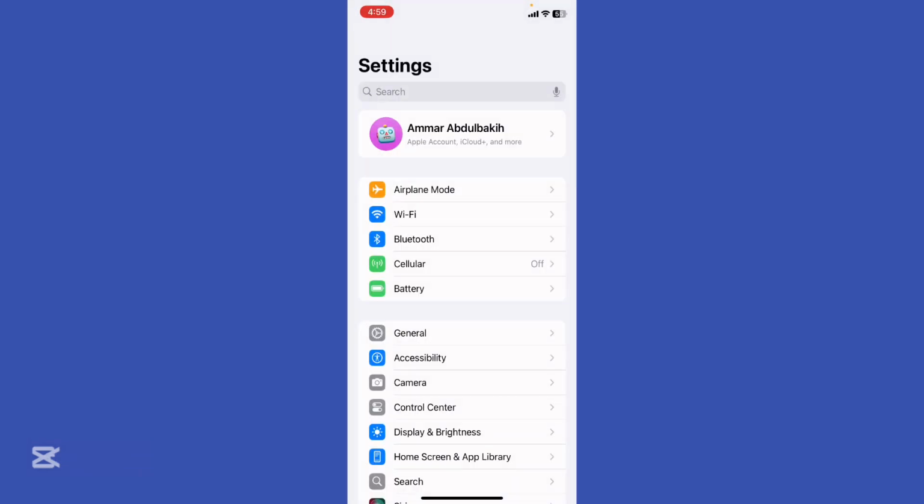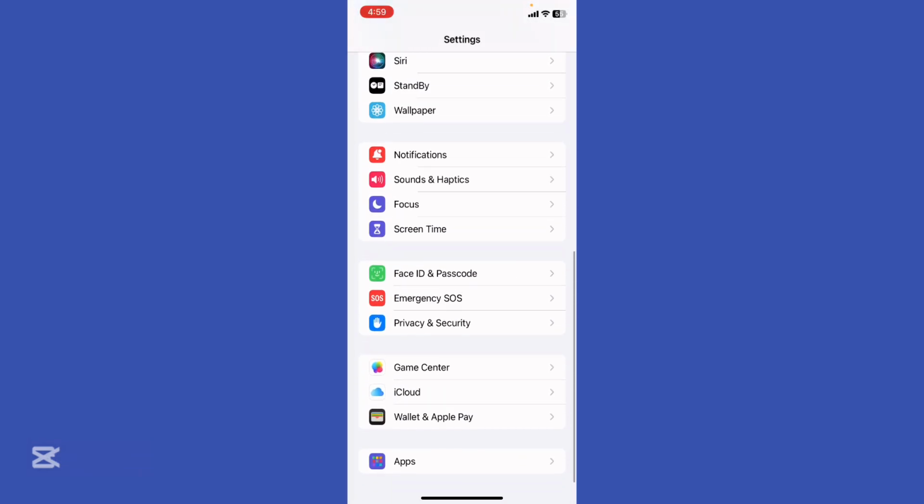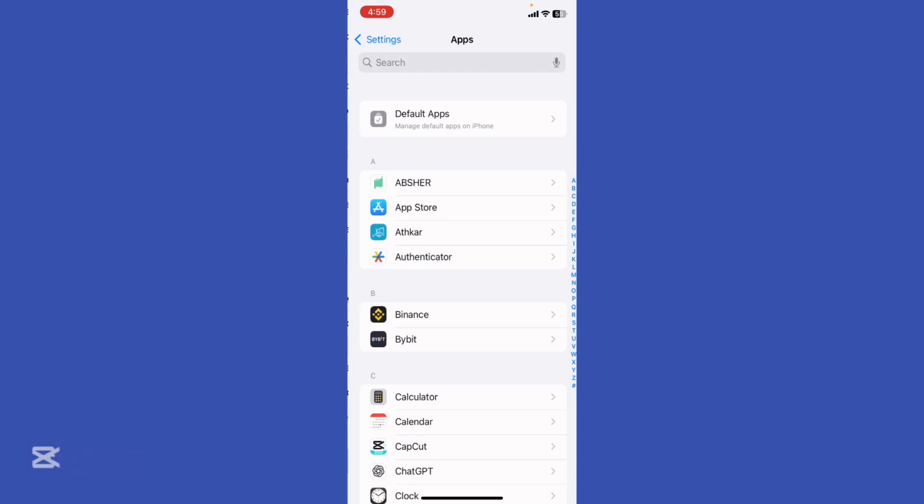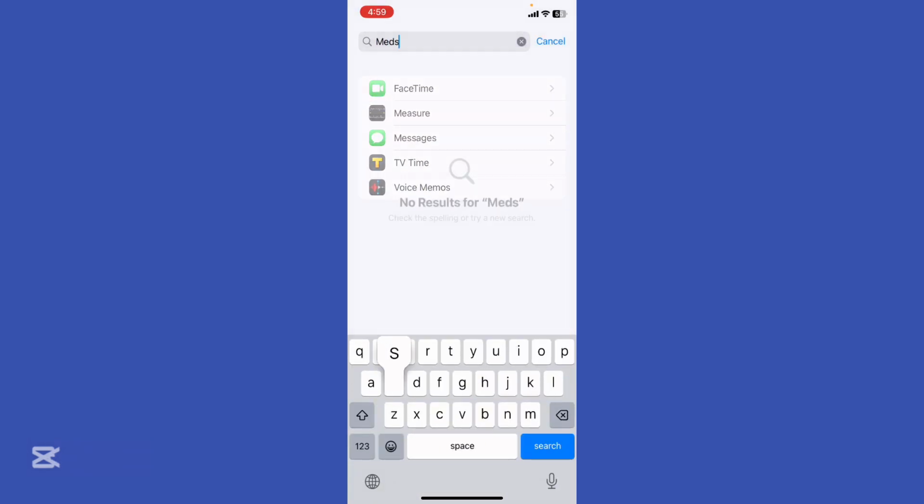First of all, go ahead to the settings. Scroll a little bit down, click apps, and then you're going to try to pin down messages. Click the messages,